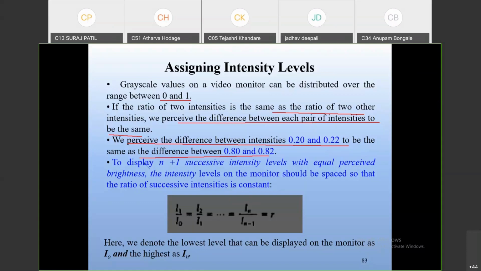So to display n plus 1 successive intensity levels with equal perceived brightness, the intensity levels on the monitor should be spaced so that the ratio of successive intensities is constant. So a simple equation is used now. Here we denote the lowest level that can be displayed on the monitor as I0 and the highest level as